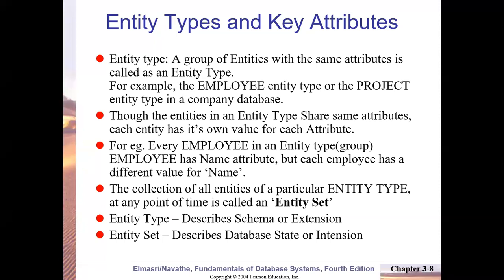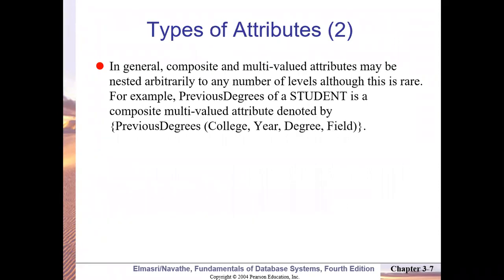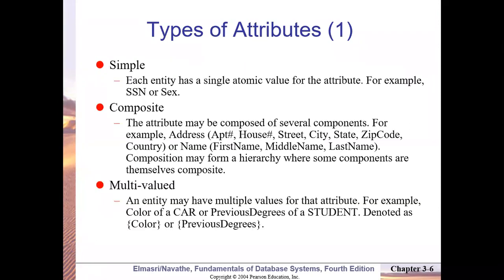So yesterday we have already discussed some terms, that is entity and attributes. These two terms we have defined. We have seen entity is similar to any object which will have some properties, and these properties are called attributes. Yesterday we have seen types of attributes also. Three types, in fact.